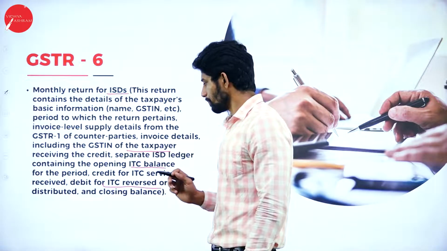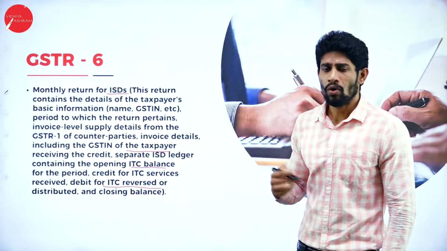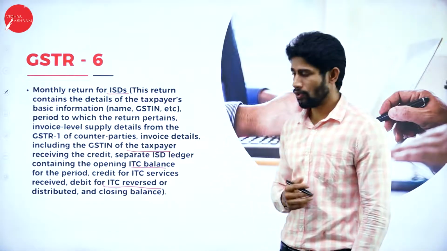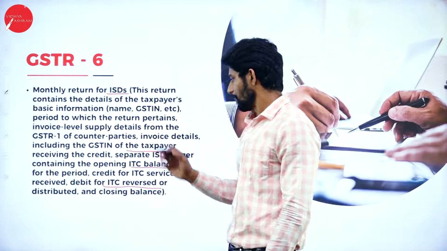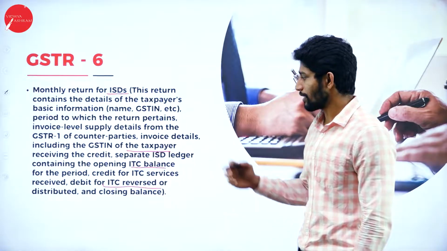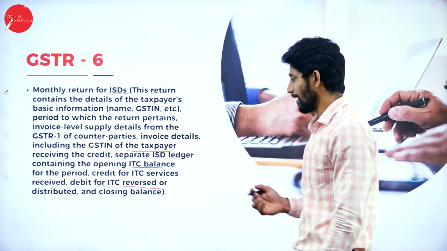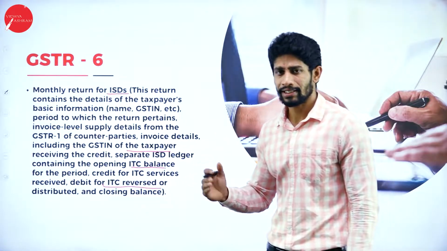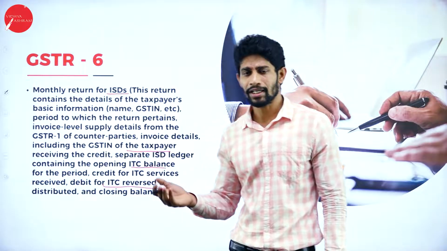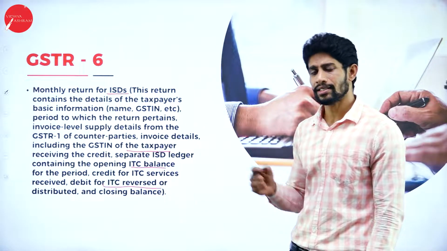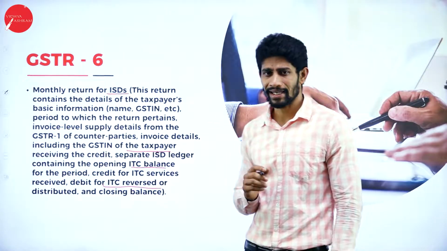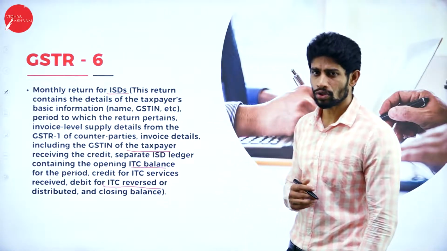You can also get to know the opening balance of input tax credit you have in your account, and the credit for ITC on services received and debit for ITC reversed. If you are crediting the input tax credit, that information you can see, and if you are reversing the ITC, that information will also be available with respect to GSTR-6. So moving on to know about